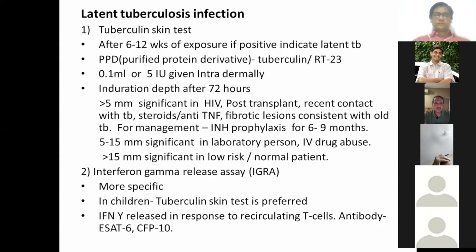And try to get a sample as and when possible, even for an abdominal node, even for Pott's spine, or from an abscess or a node. Everywhere you should be able to hit the lesion somewhere or the other, and then we want more microbiological diagnosis in these cases because we see a lot of MDR TB. Giving empirical anti-TB drugs is one option, but if you are giving empirical treatment and the patient has MDR TB, you are still missing the diagnosis. So always try to get a microbiological diagnosis in these patients.